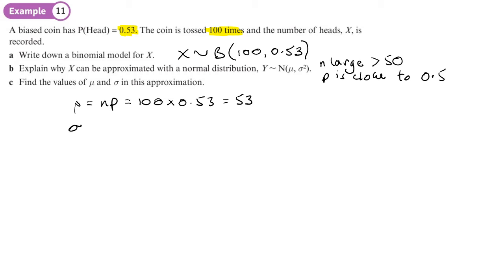And standard deviation is going to be the square root of n times p times 1 minus p. So we've already worked out n times p, that's 53. And we times that by 1 minus p, in other words 1 minus 0.53, that's 0.47. We're going to work that out and then find the square root of that, so it's the square root of 53, which is n times p, times by 0.47, sorry I missed a 7 off there, times by 0.47, and we get